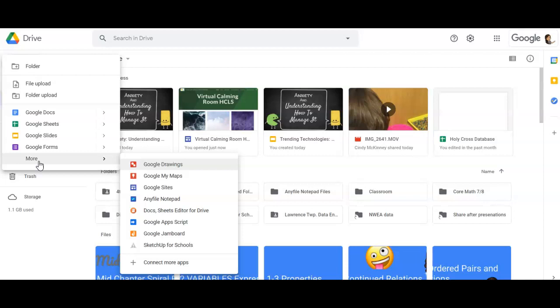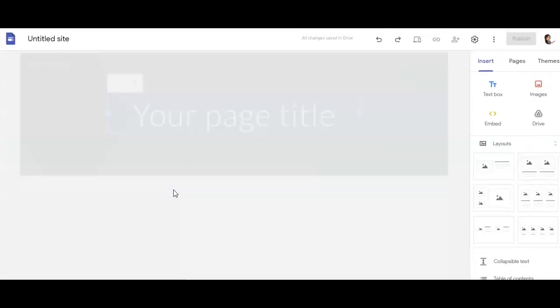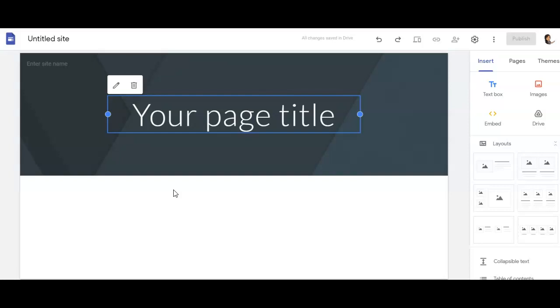But the accessibility and the editability of you being able to create the virtual classroom and add to it, it's kind of living, breathing type of a website where you're adding things to it, is really awesome. So you're going to go into your Google Drive and click the plus button for new. And then you're going to look over here. There's so many different choices of things that you can do. And you can click on a new Google Sites. And when you click on that, it will give you a blank template to kind of start your virtual calming